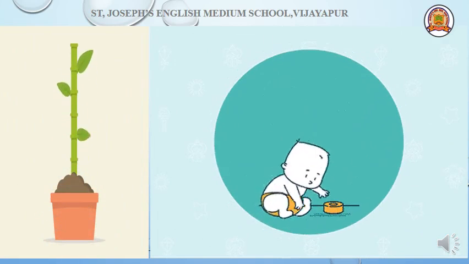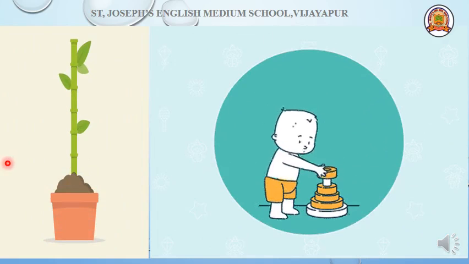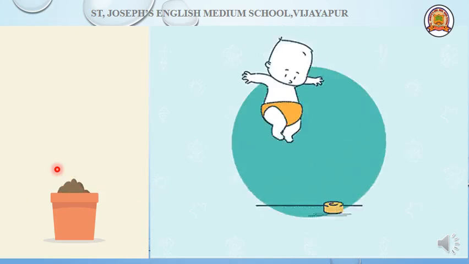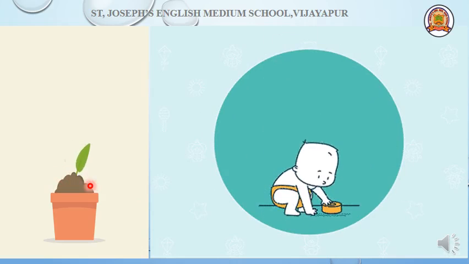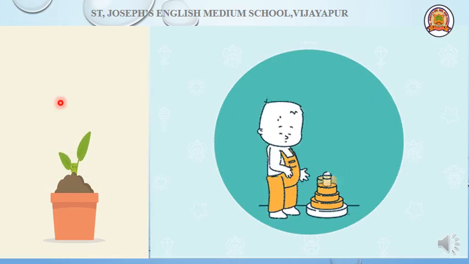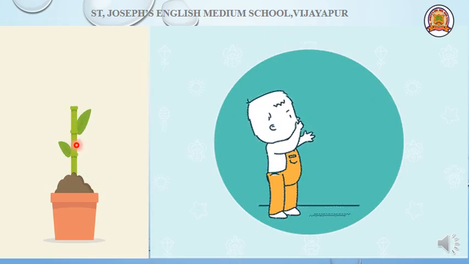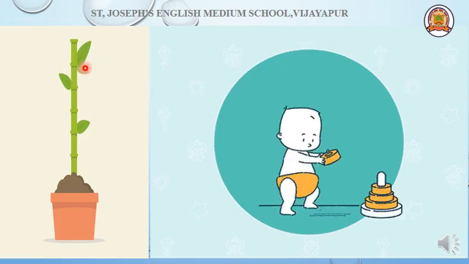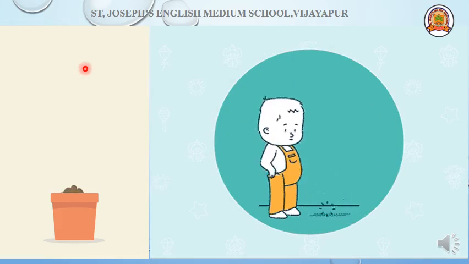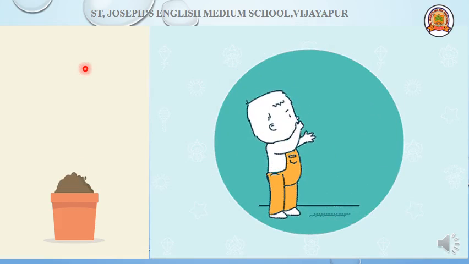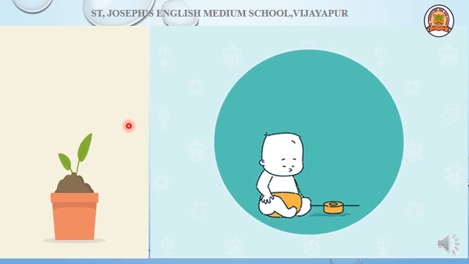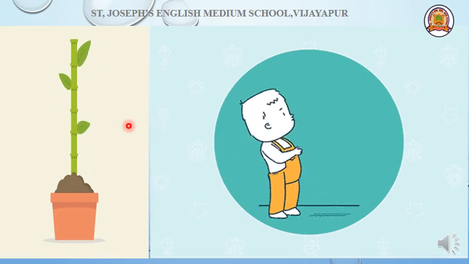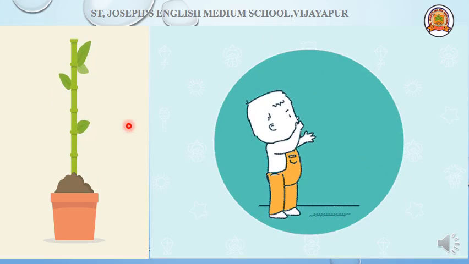Few more examples of irreversible changes. You can see here, once you put a seed, it starts growing, it germinates, it grows into a plant, and from 2 to 10 leaves will grow. Then you can see a flower. Flower is converted into fruit. This is the complete growth of a plant. Right? Does the plant grow back and decrease its size?